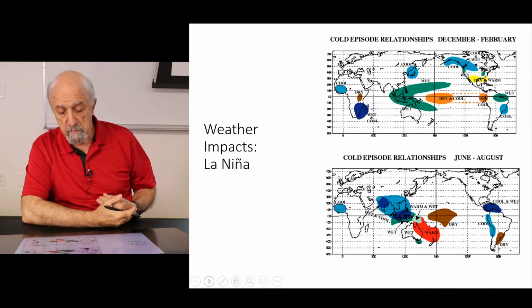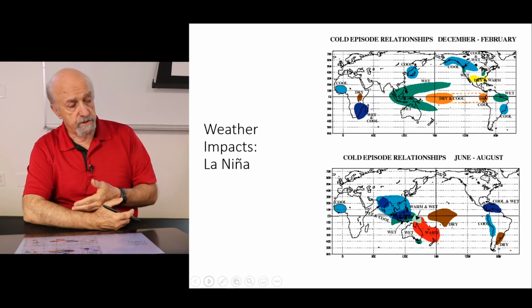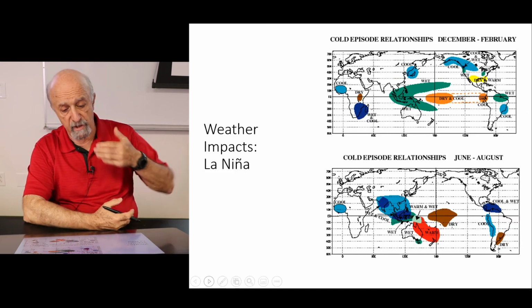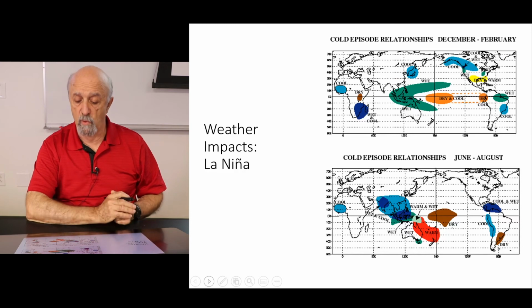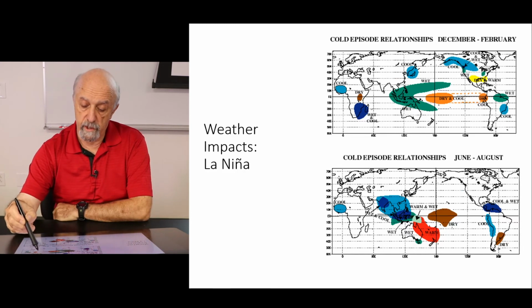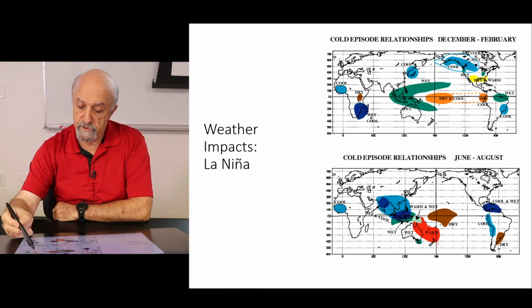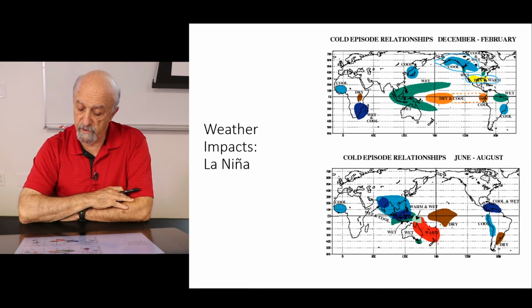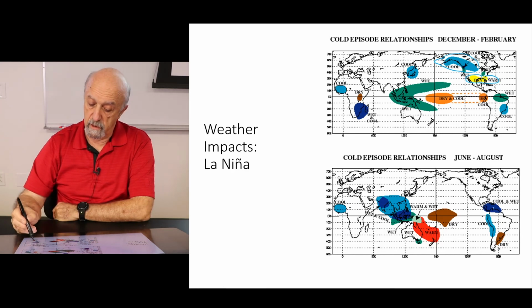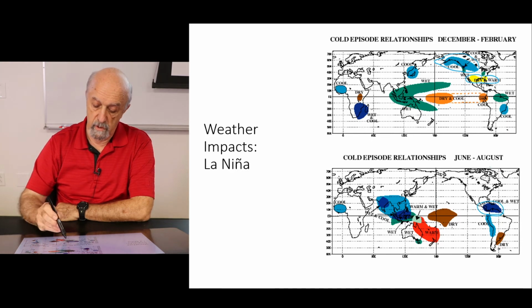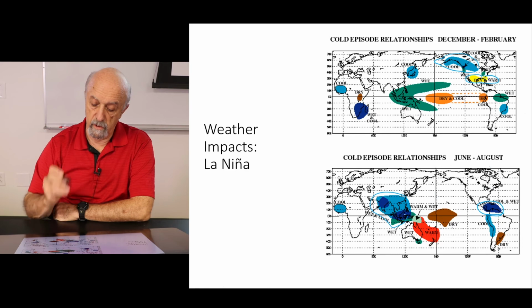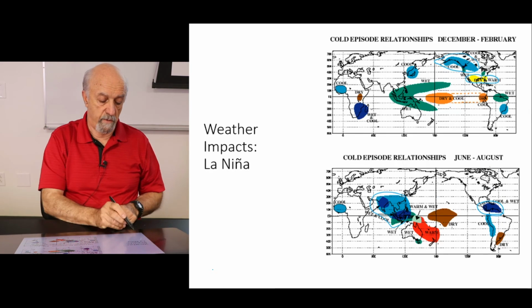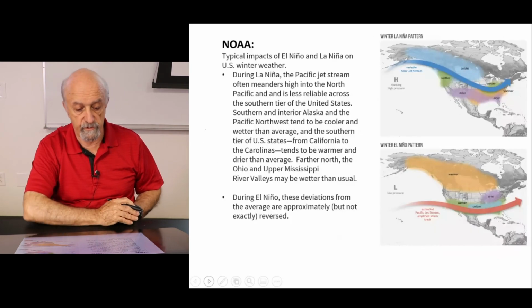During La Niña, normal conditions are fine, but stronger than normal. So we see here colder than normal in this North American section, drier and warmer for us in Texas and the Southwest, and in the June, August, we see here cold and wet. Wet and cold in this area. So these things are more or less what we observed during these events.